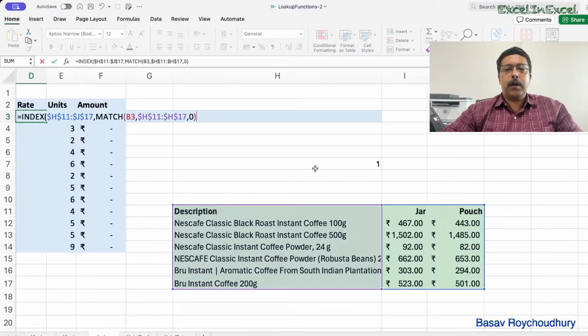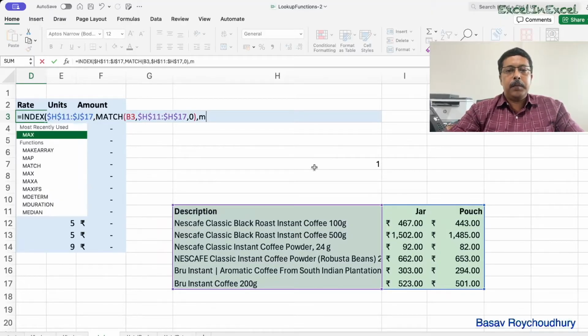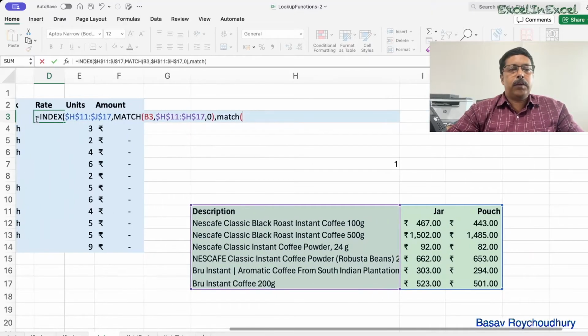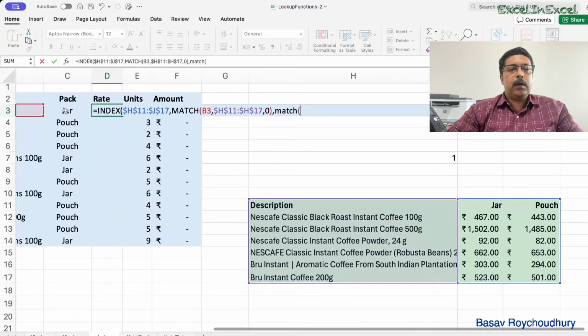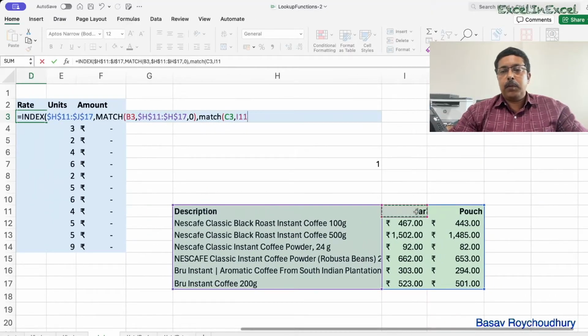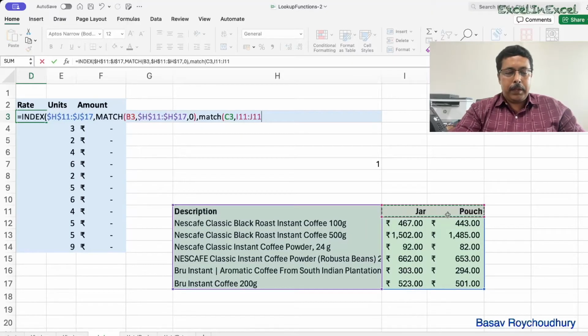The position of the column, I had already written the formula here, but let me write it again. Match, this is the value of jar, right? This is the value, and my lookup table was this, right? That is the lookup array. We make it absolute, and then again we need an exact match, so there is a 0,